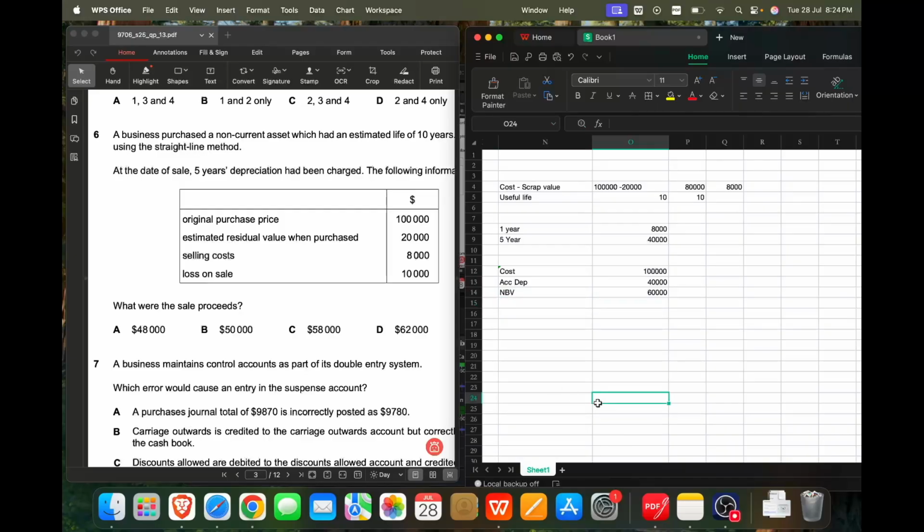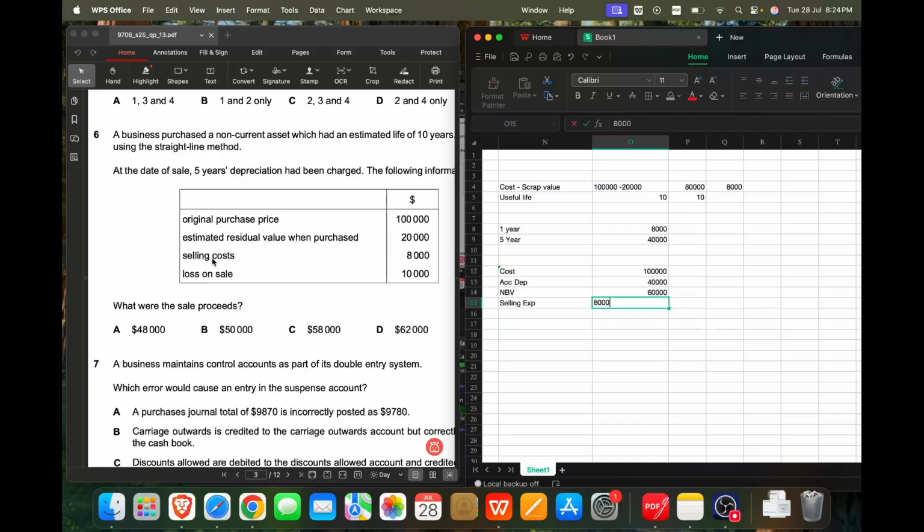Okay, so if we sell the asset for more than 60,000, that is profit. If we sell the asset for less than 60,000, that is loss. But in order to sell this asset, I need to pay an expense. So first we'll add expenses out here. So the selling expense that we paid is